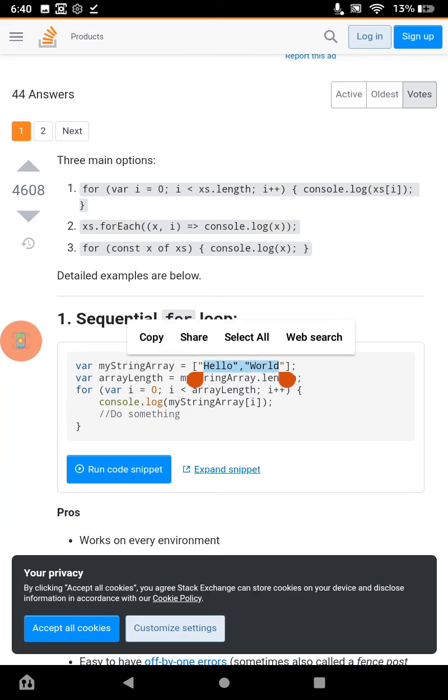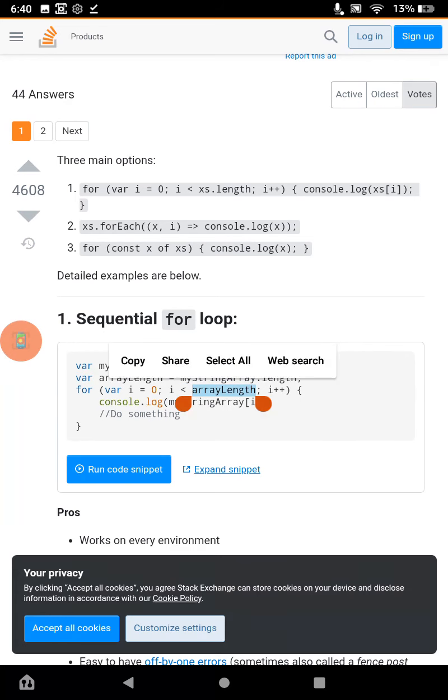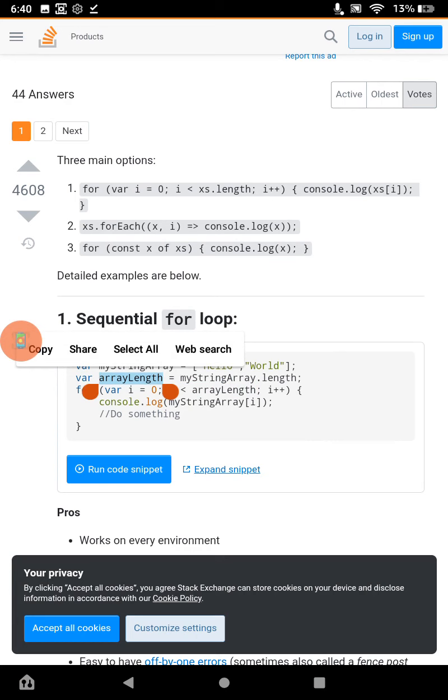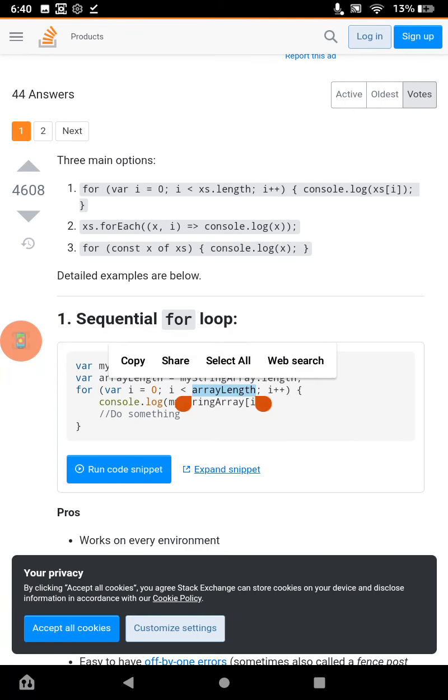So there's 2 here, 1, 2. That's the length of my string array, you see. And then the arrayLength here has the value of 2 and is passed to this for loop,